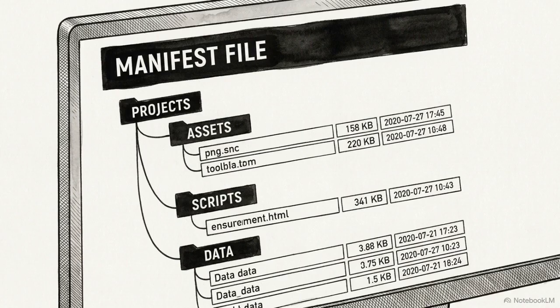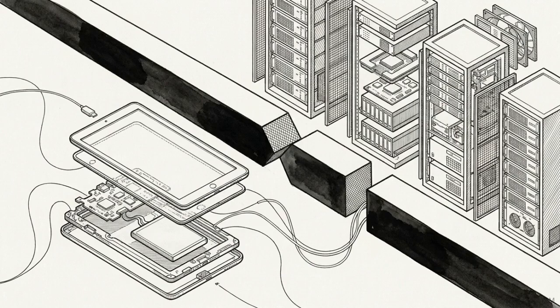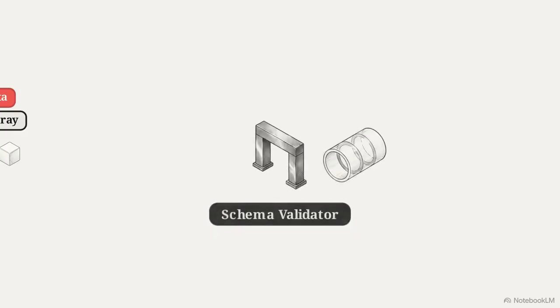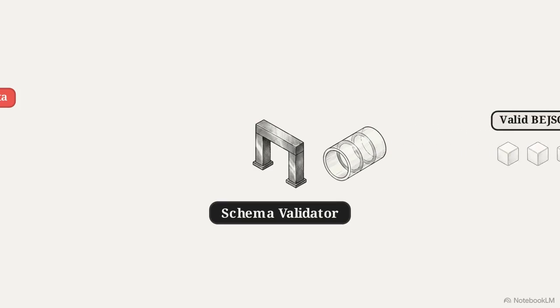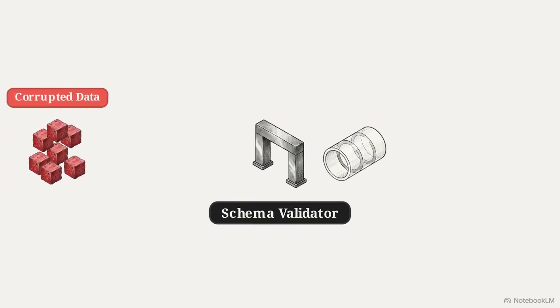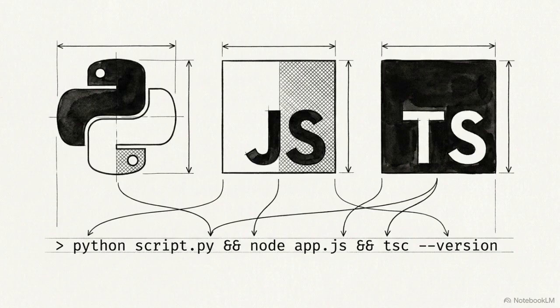All the while, relational integrity is strictly enforced by the central schema manifest. MFDB Federation delivers relational database concurrency natively on top of flat file cloud collections. Before any of these parallel writes occur, the bJSON validation pipeline operates entirely on the local device. The schema validator acts as a strict gauntlet. As the visual shows, properly formatted arrays pass right through, while a bloated, corrupted element attempting to enter the pipeline is instantly rejected. This mathematical enforcement happens at the runtime level via standard Python, JavaScript, or TypeScript library implementations.